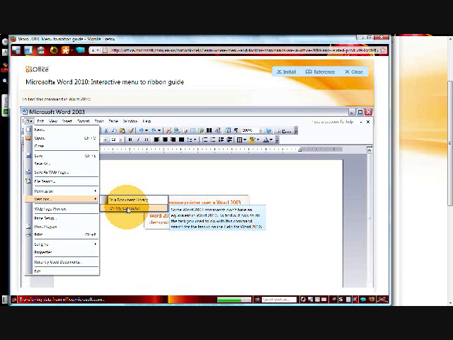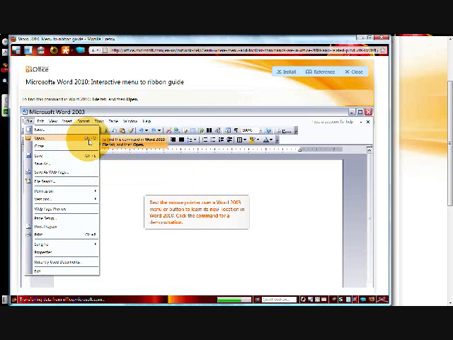Some 2003 commands don't have an equivalent in 2010. To find out how to do the tasks you used to do with this command, unfortunately, you're going to have to go into Word. You know why? Because they don't do versioning in 2007 and 2010. Versions are gone. They use SharePoint now for doing versions. So if you need to keep track of versioning, you're going to want to transition. And there's actually a tool for that as well out on Microsoft's website to convert your versions into SharePoint. Alright, so anyway,